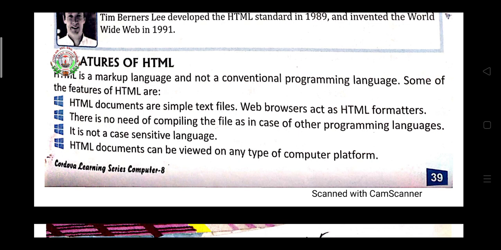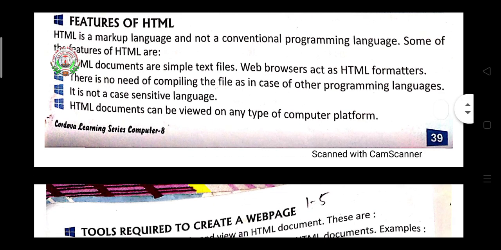The compiler is used to check the code one by one, but here no one will check the code, only the user who is writing it has to check the code. It is not a case sensitive language, means you can write all the code in uppercase or lowercase, both cases can be used in this HTML language.